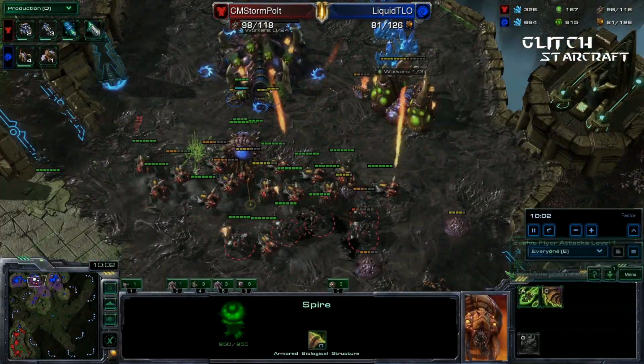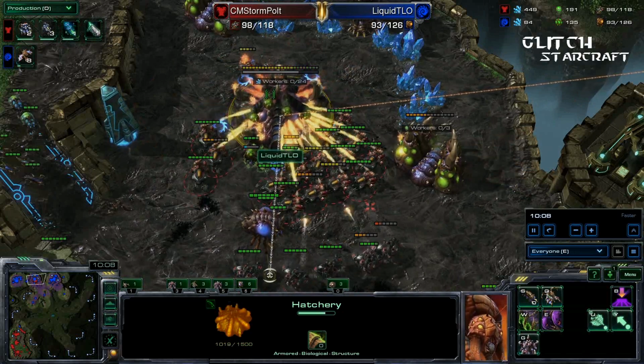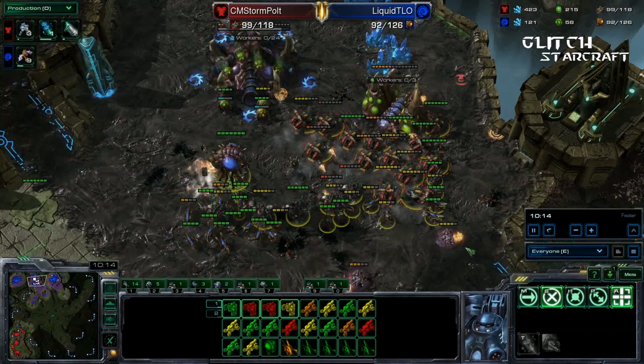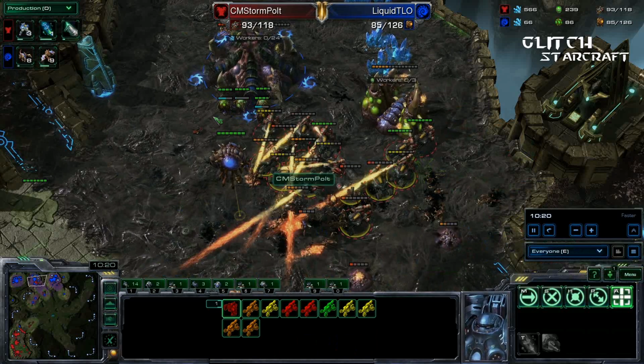The Spire did go up here, and the Spire's now coming out. 7 Mutalisks are on the way. LiquidTLO just needs to hold. That's all he needs to do. He needs to hold until these Mutalisks are out, because there is nothing in this army composition that can shoot up. So he's moving in now with all of his units, gets one decent Baneling hit there, but the Hellion